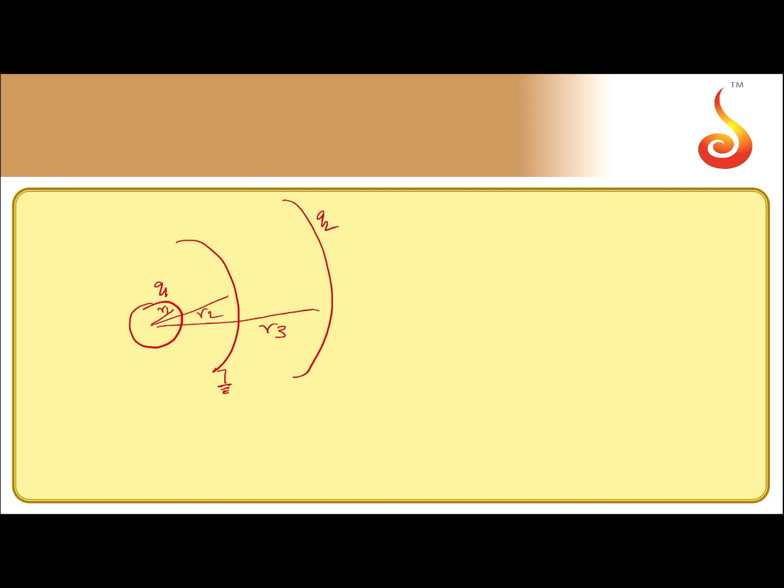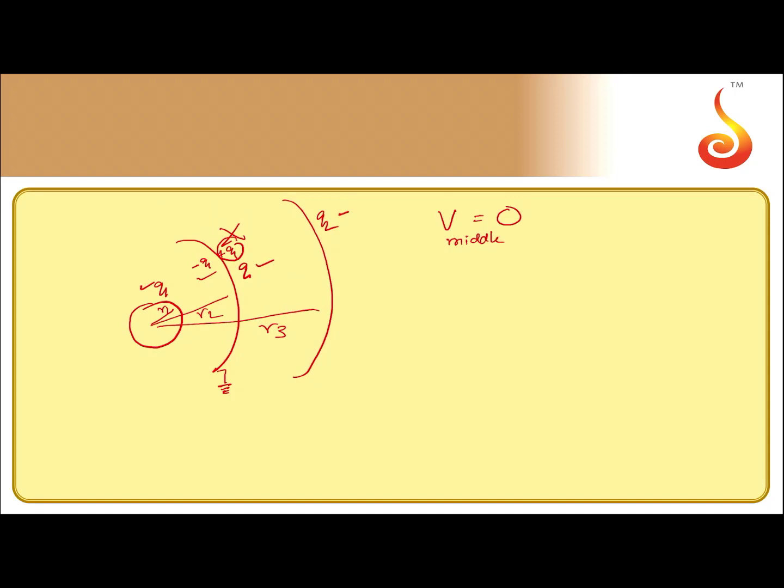So you notice that the charge before the earthing took place was something like this, minus q1, plus q1. The induced charges appeared here, and I am going to write a charge of q on the outer surface after the grounding takes place. So this is the charge distribution, q1, minus q1 plus q, and q2. Now the potential of the middle conductor is 0. Why is it 0? Because it is a grounded conductor.